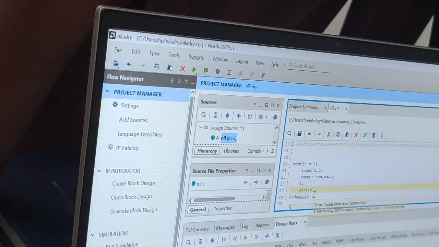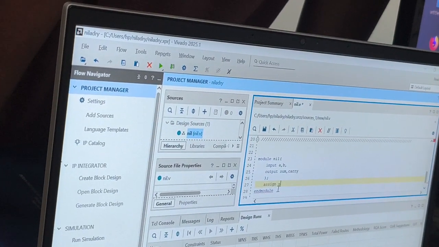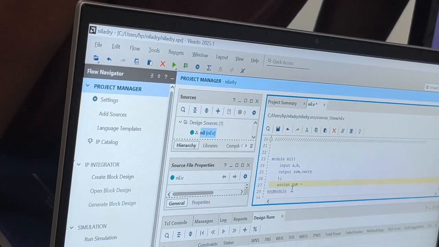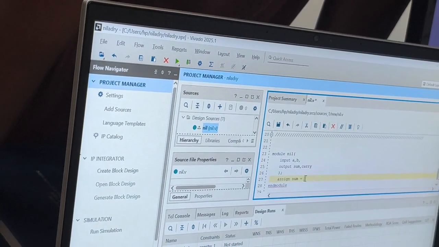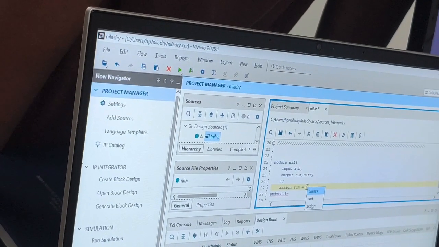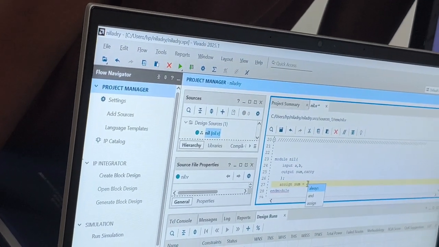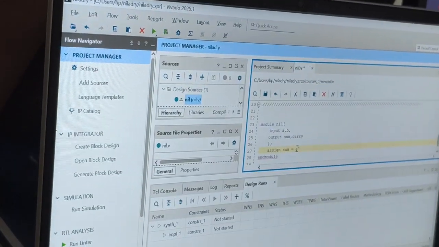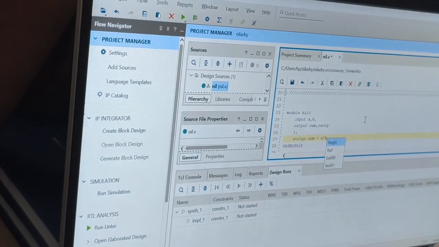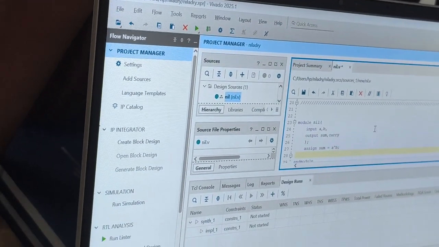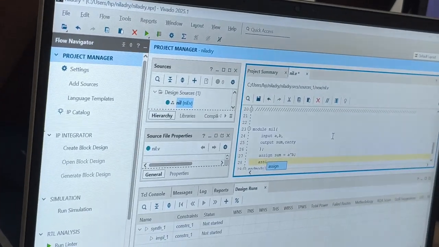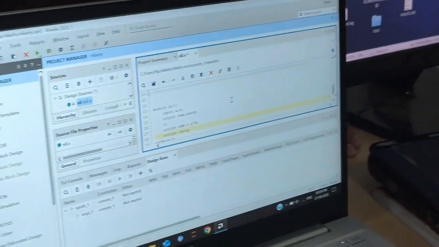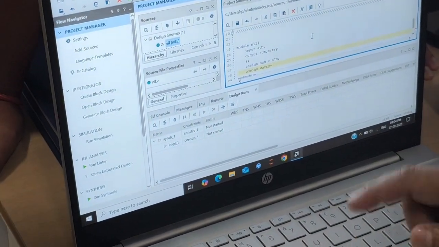Assign sum equals to A caret B, A XOR B. The caret symbol, where is it? This one, A caret B, and semicolon, and enter. Assign carry equals to A